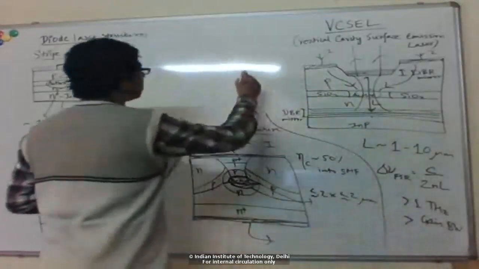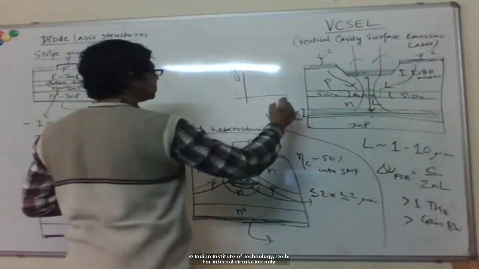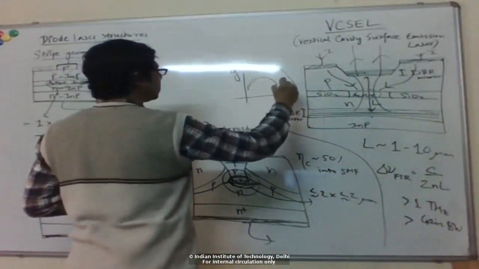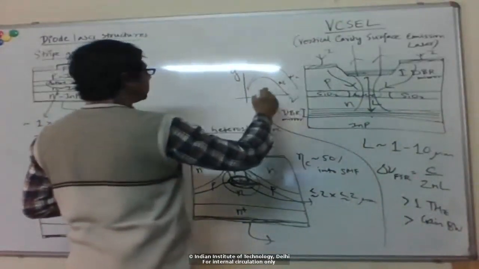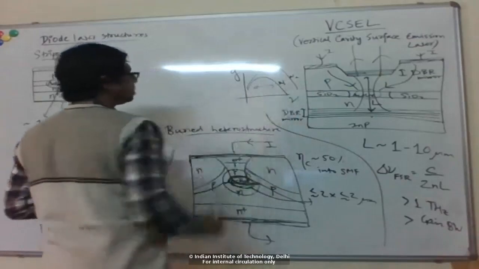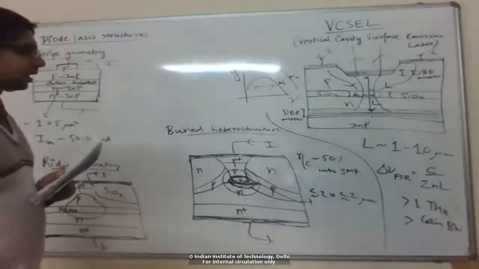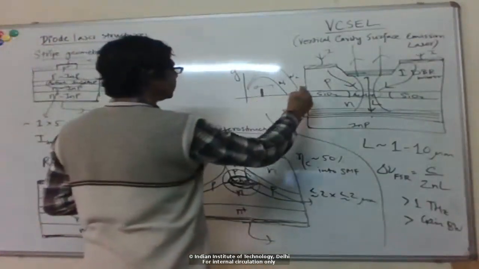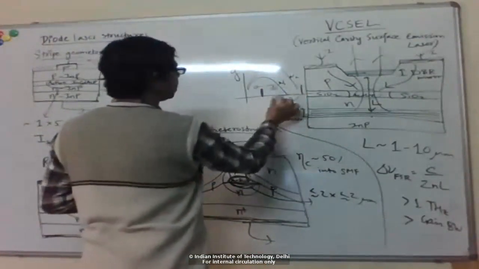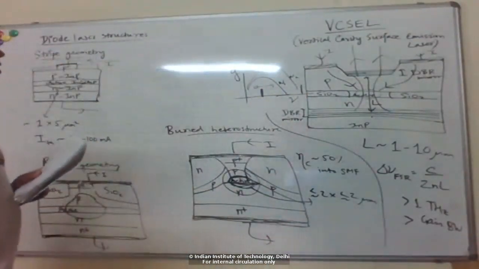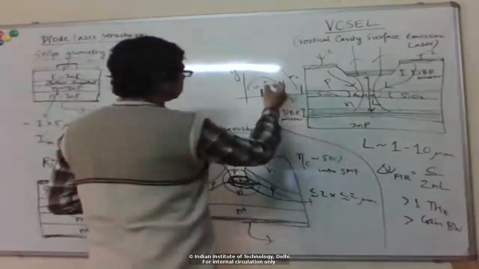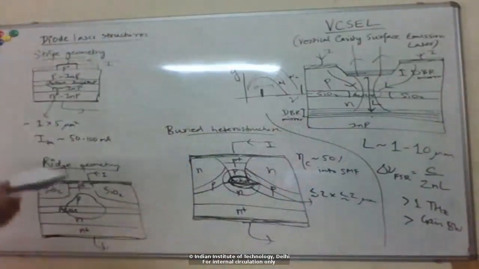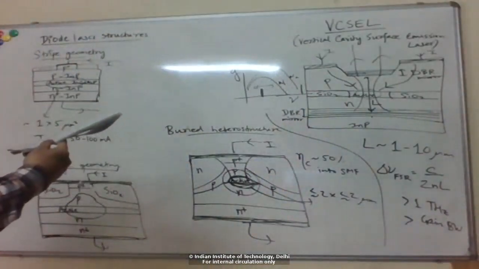So recall that we had curves like this, right? If we plot the gain versus frequency, we had curves like this for different carrier concentrations, and there was a range of frequencies over which you get the gain. But basically now what you've done is made the FSR larger. So if there is one mode here, the next mode is outside the gain bandwidth. By definition only one mode experiences gain, so only that mode can exist. So you have a single mode,